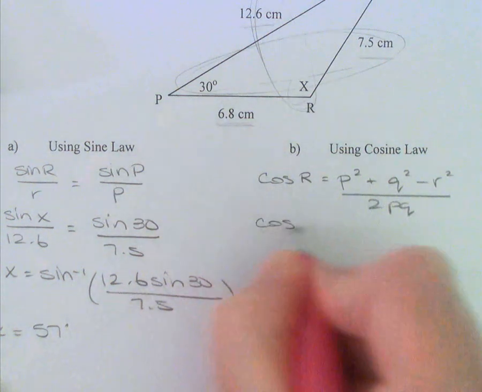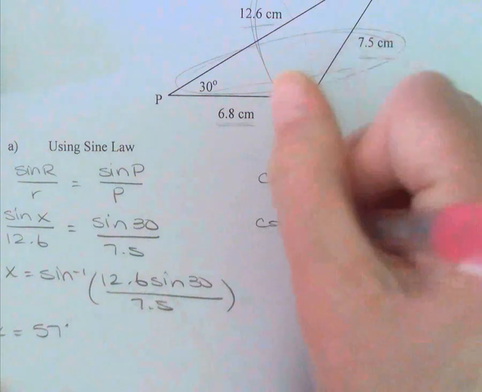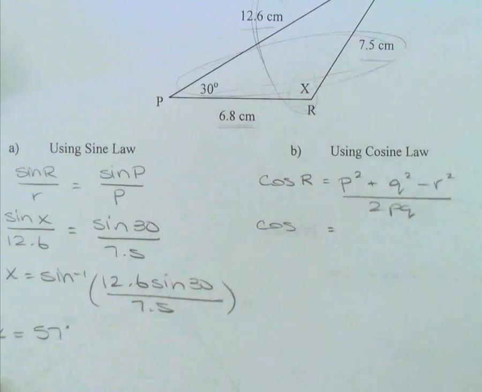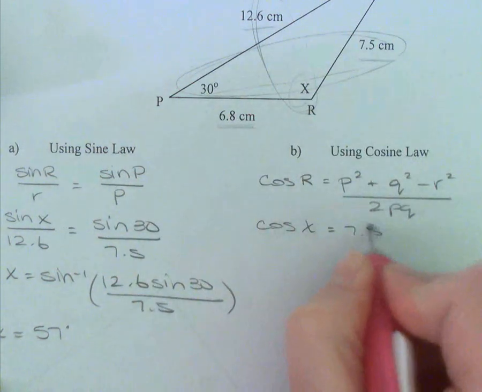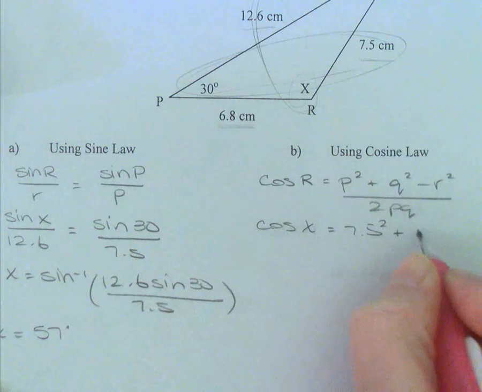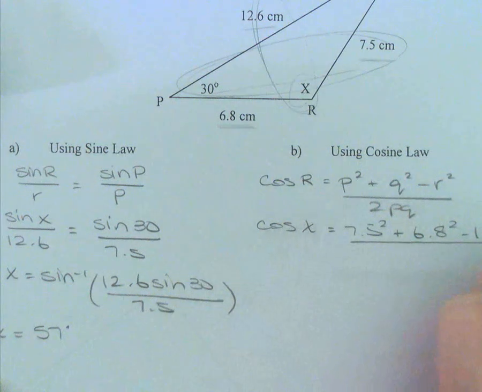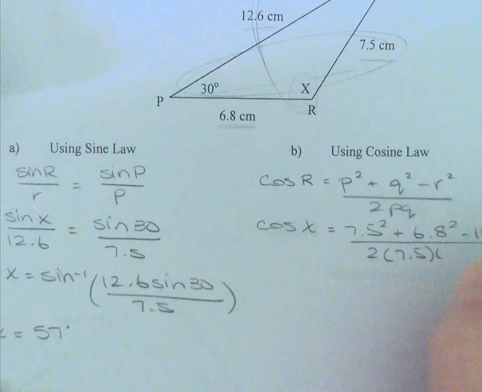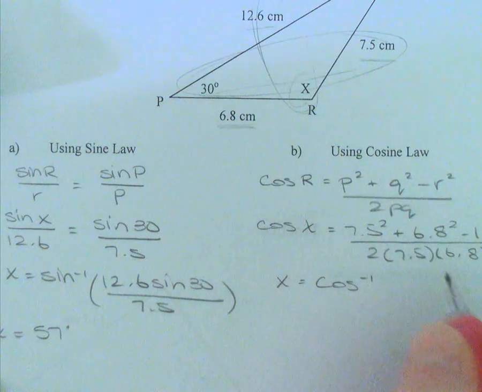So I'm going to insert the values. So I have cos r. I'm actually going to change that to an x. And p would be 7.5 squared. Q would be 6.8 squared. And then I'm going to subtract 12.6 squared, and I'm going to divide that by 2 times 7.5 times 6.8. And I have x is equal to cos inverse